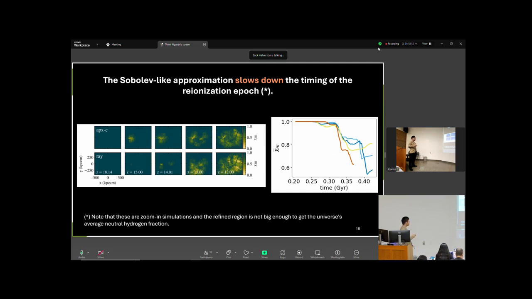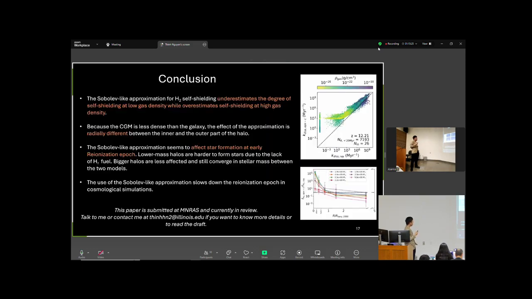This is probably because in the ray tracing the stellar distribution is more extended, so the ionizing radiation gets out into the IGM more easily and reionizes the universe faster. So that's my conclusion: the use of the approximation model does affect